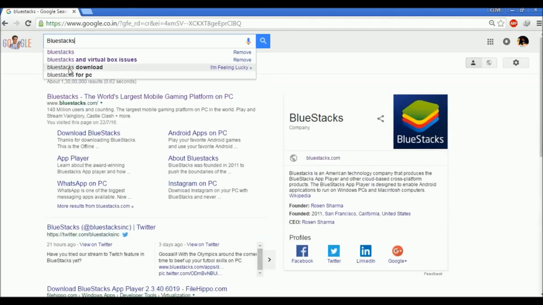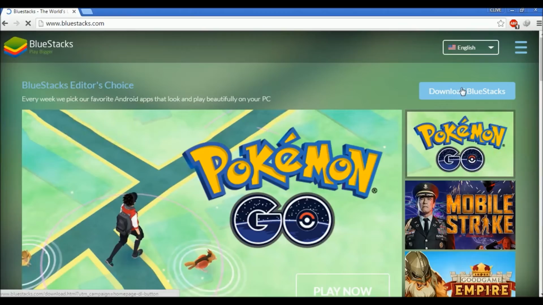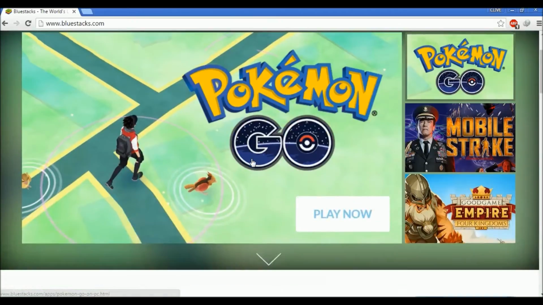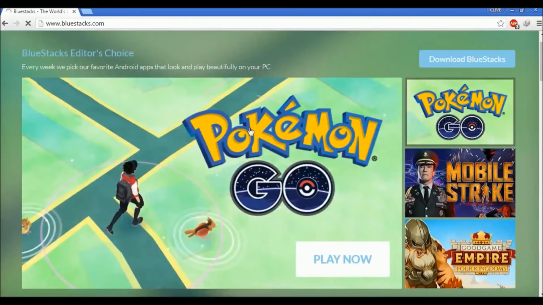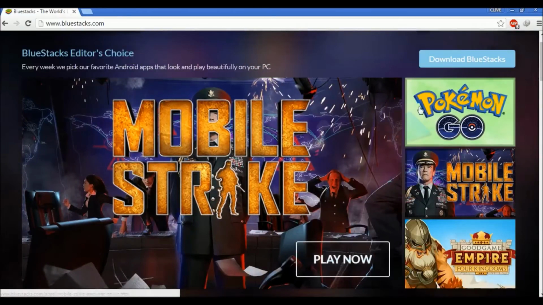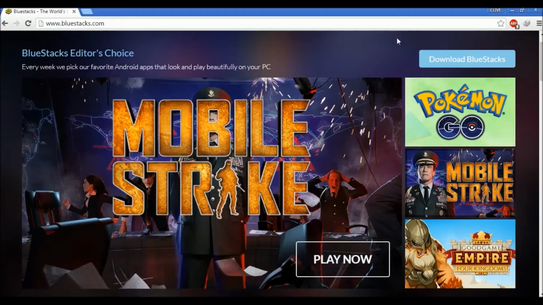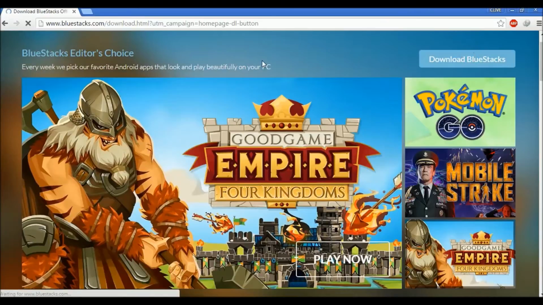BlueStacks. So there you have it, you have BlueStacks, the first link. Just click on the first link here and you can see you can play Pokemon Go from this BlueStacks too. Maybe I might make a video on that too. Anyways, before that, we'll just download the BlueStacks over here